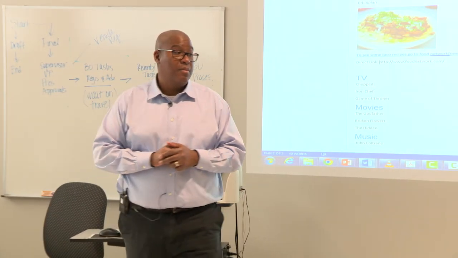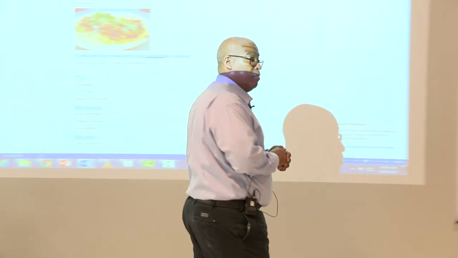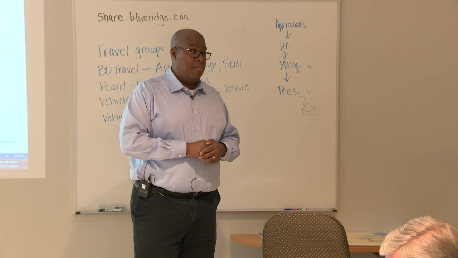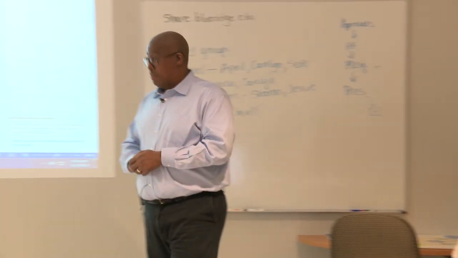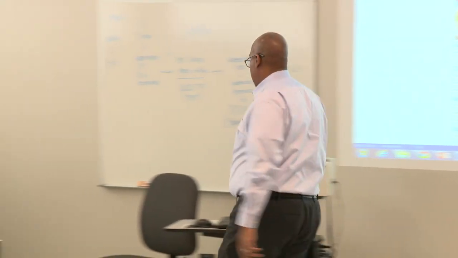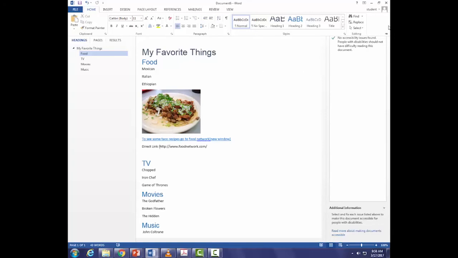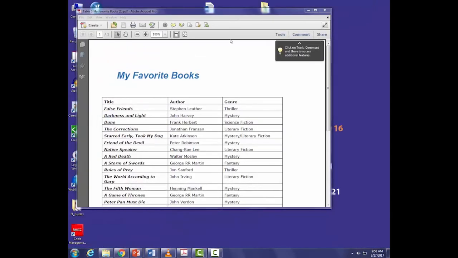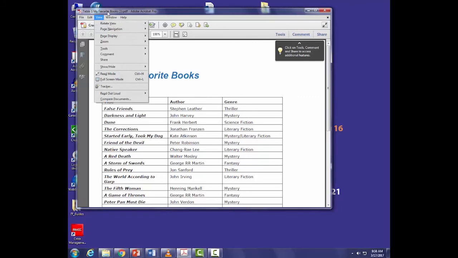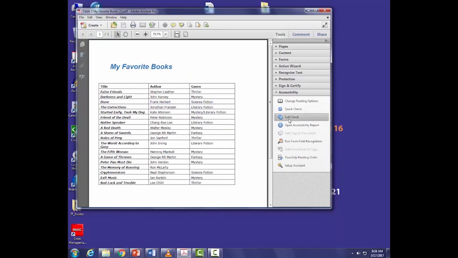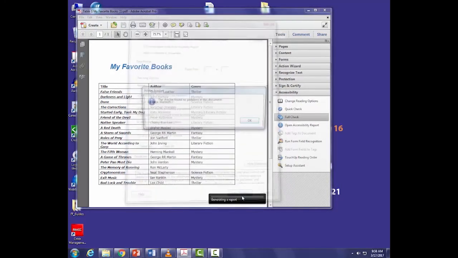Yes, ma'am. So I know you said that we have to save it as a 97 to 2000 Word doc and then convert it to a PDF. Is there a way to check to make sure that your PDF is maintaining all that accessibility if you're using maybe an alternate program to create accessibility? Yeah, unfortunately, I've got to have Acrobat Pro to do that, but I don't know if it's on. I think actually newer versions of Reader have a checker. Yeah, I was going to say depending on what version you have here, but if I go to Tools, maybe I got it here. I go to Accessibility. Oh yeah, I can run a full check here. I can start checking.